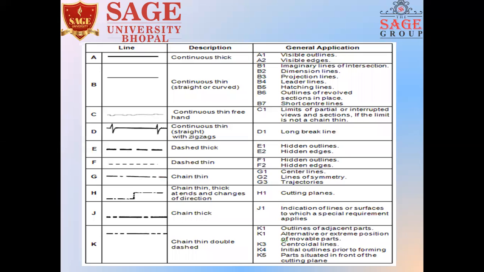These are the representations. Now I'm showing here the continuous line, point A. Focus on point A. Point A is a continuous thick line. It is a straight line, but continuous thick as compared to point B. Point B is thin. Both are continuous lines, but point A is very thick compared to point B. So where is point A used? It is the visual outline. It is used for the border, and we draw the outer boundary of an object with it. So it takes a continuous thick line, and you will say it is a visual line or visual edge.